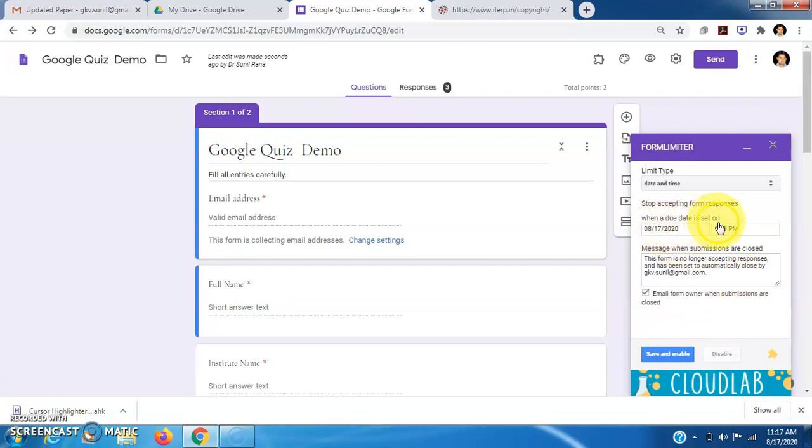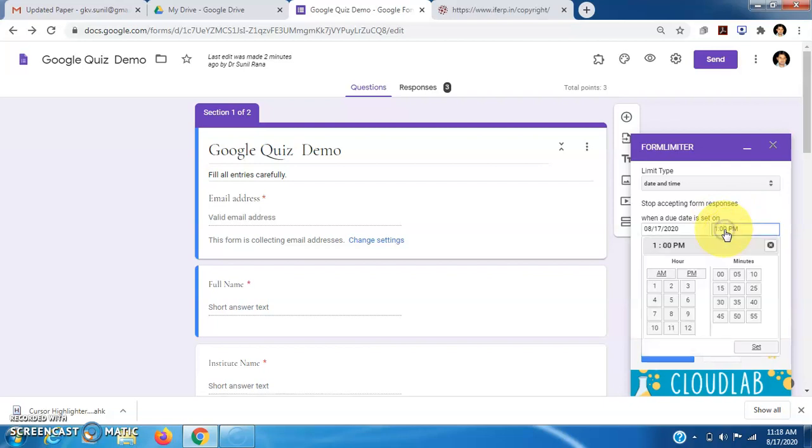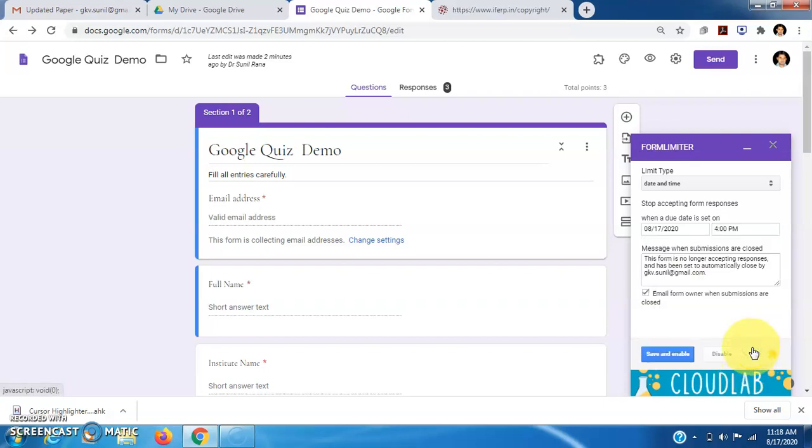When a due date is set, the due date is the 17th of August 2020, and it will not accept the form after 1 p.m. If we want to change it, we can click here. Suppose I want to continue accepting responses for this form till 4 p.m. We can select 4 and p.m., then click on set.